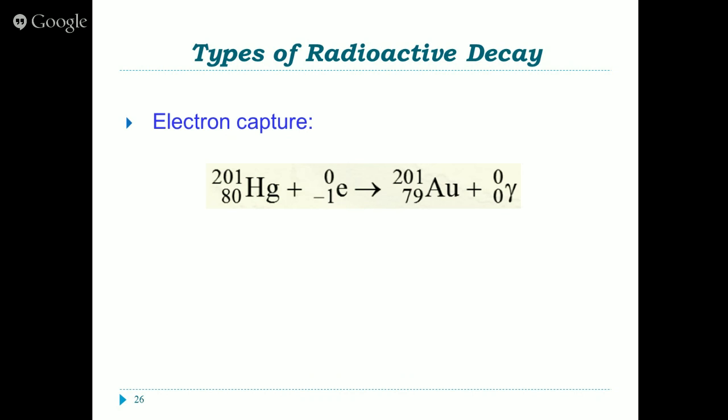We also can have an atom undergo electron capture. This happens most often in really, really large atoms where the nucleus will actually attract an electron that is orbiting extremely close and suck it into the nucleus. So we see this change, 201 plus 0 equals 201 plus 0. And then we're losing this electron, or we're taking it in. So we're basically changing a proton to a neutron. So we see that the atomic number goes down by 1. 80 minus 1 equals 79.